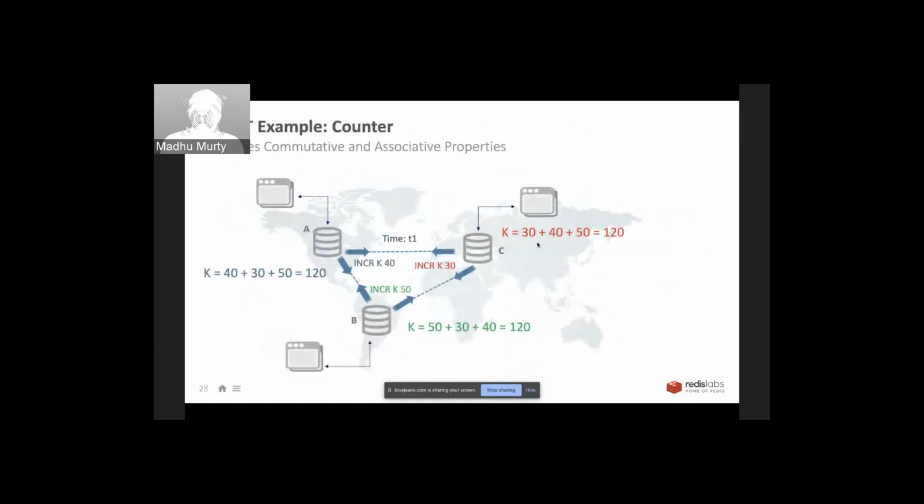So for example, how Redis applies the commutative and associative property. You have three different data centers, A, B, and C, and at time T1, all three data centers issue an increment for variable K. A is saying K should be 40, B is saying K should be 50, and C is saying incremented by 30. So the net value, if you take some traditional approach, either last write wins,